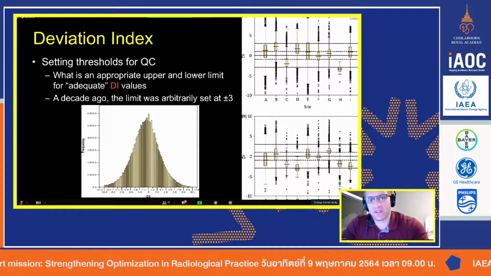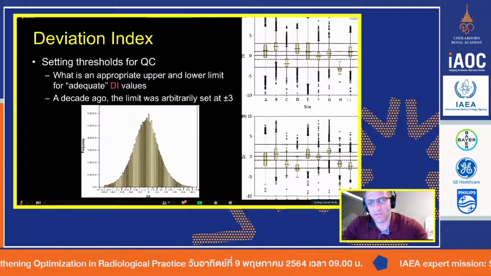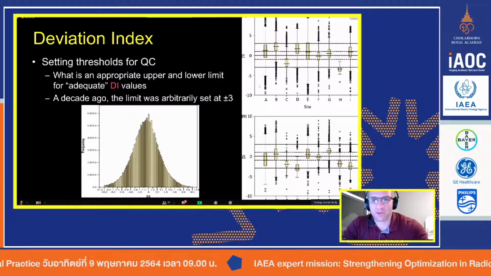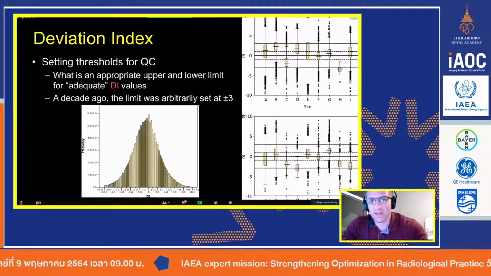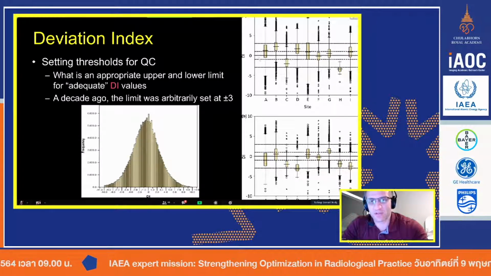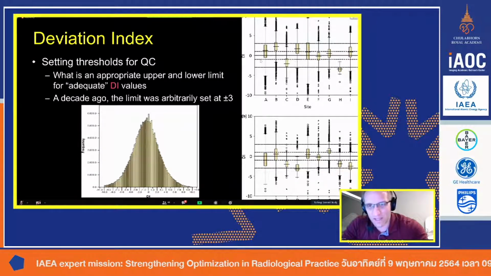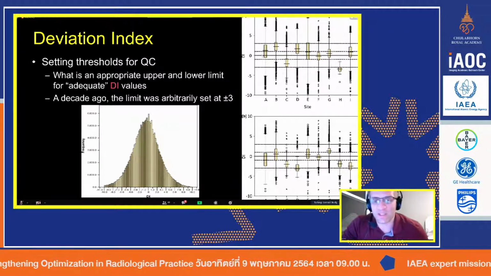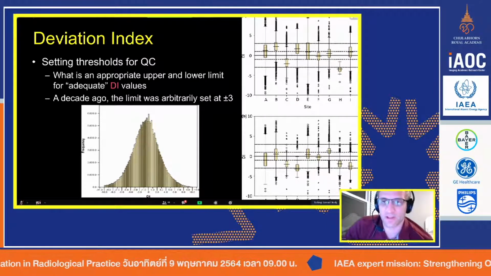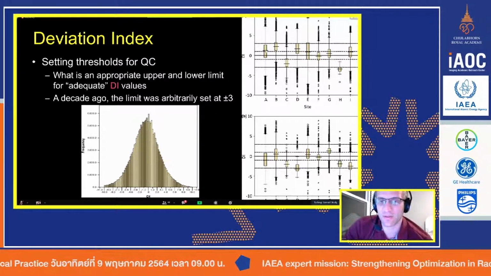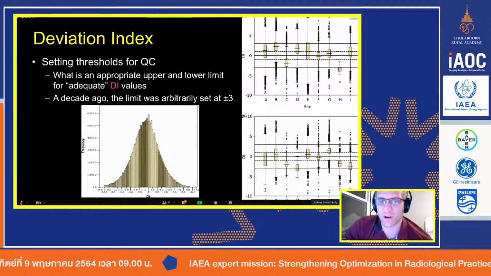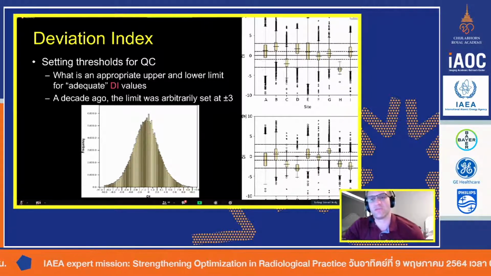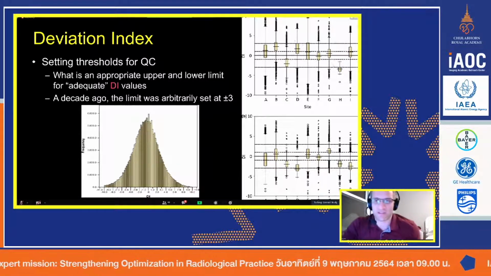So here you can see some plots on the right-hand side, where each hospital is denoted by a different letter. I don't remember which one was my hospital, but you can see that the dashed lines were plus or minus 3. That was the original value that we said was good. Obviously 0 was perfect. And then you have the whisker plots. The median value is shown as the bar, then you have the first quartile at the bottom of the box, the third quartile, and then your minimums and maximum. And just looking at the overall spread of it,